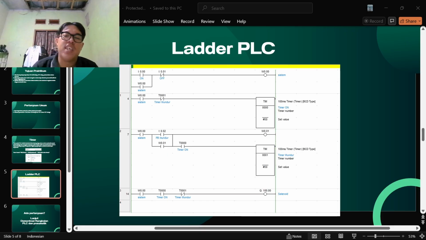Example 2, timer off delay. The second example uses a TOF, timer off delay sequence.